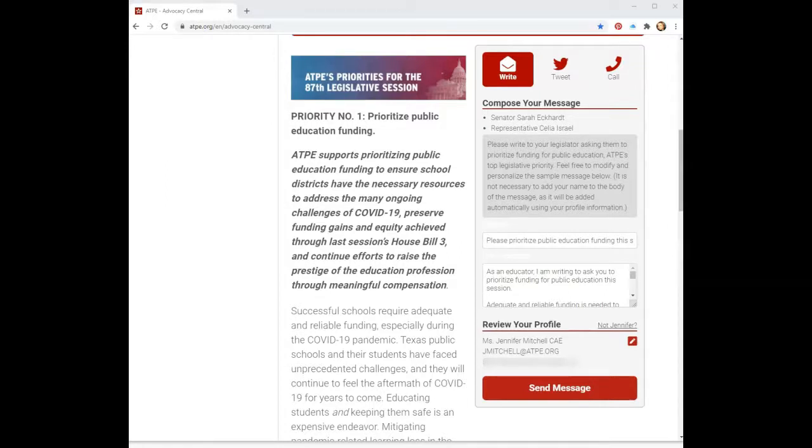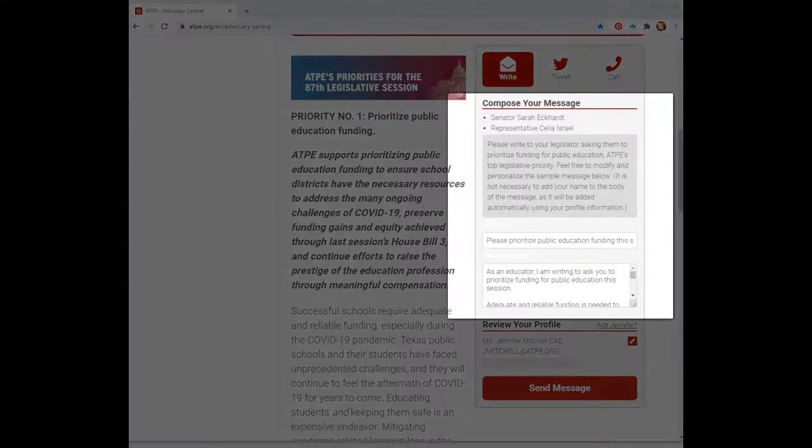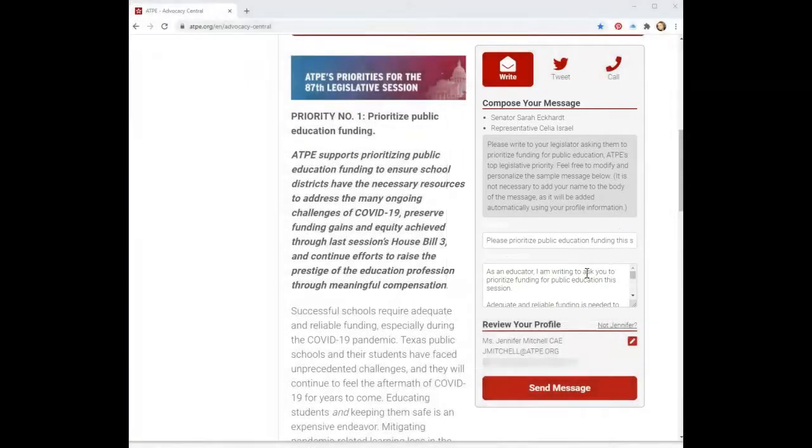What if you aren't sure what to say? Most campaigns on Advocacy Central, such as this one, include sample messages that ATPE's lobbyists have prepared. You can opt to use those pre-written messages and scripts. You can customize them by adding your own remarks, or you can replace our sample text altogether and use your own language instead. Telling the lawmaker in your own words why you care about the issue or adding some local perspective on it can be very persuasive. But if you're short on time and just want to stick with our sample message, you can do that too.